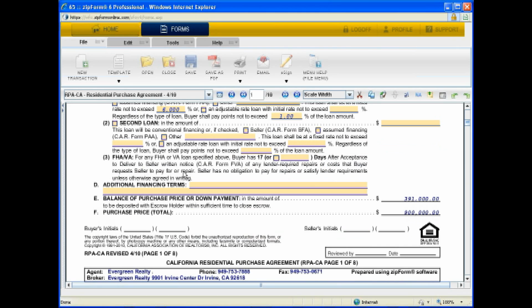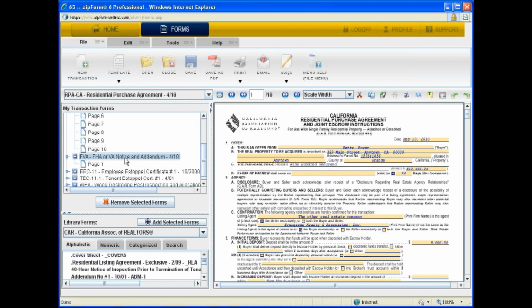What this means is that within 17 days of acceptance, the buyer will fill out this FVA form, and when they fill out that form, it looks just like a request for repair, and they're going to fill it out and let the seller know,